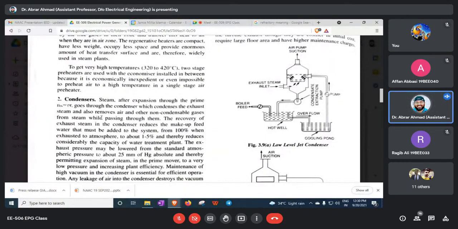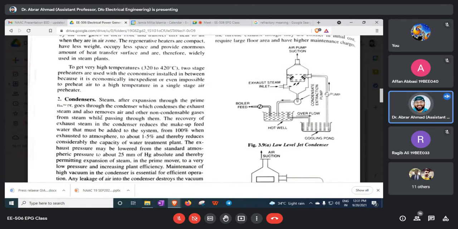The characteristics of the water are different from the characteristics of steam. So since water is used initially to transfer the heat from the air and then put it into the water and then convert into the steam, that steam has to go back to the water. Now to take the steam back to the water is done through the process of condensing, and the equipment which is used for all these processes is known as a condenser.